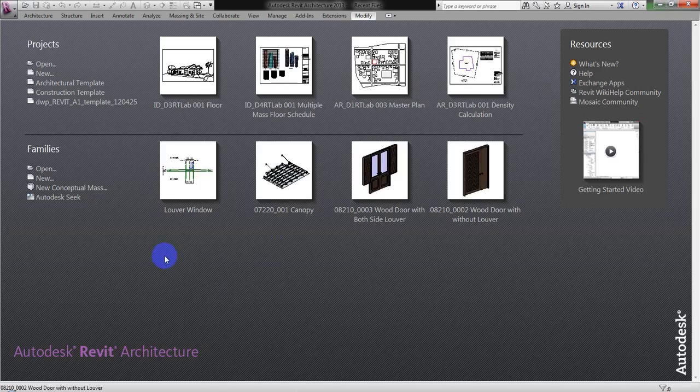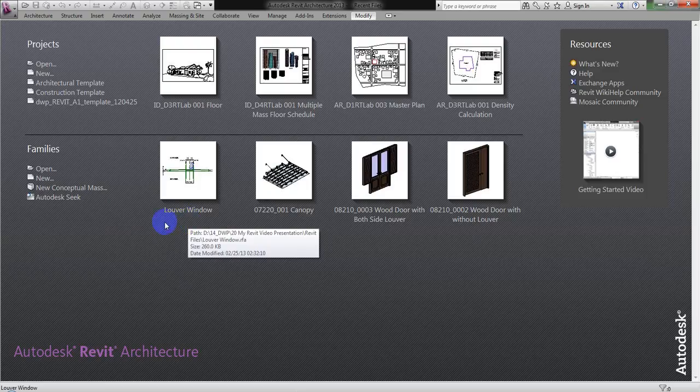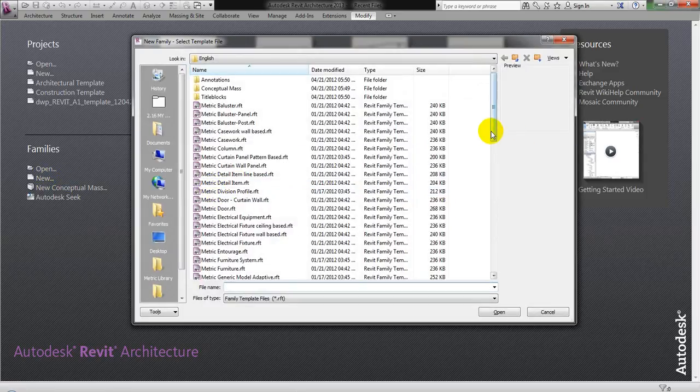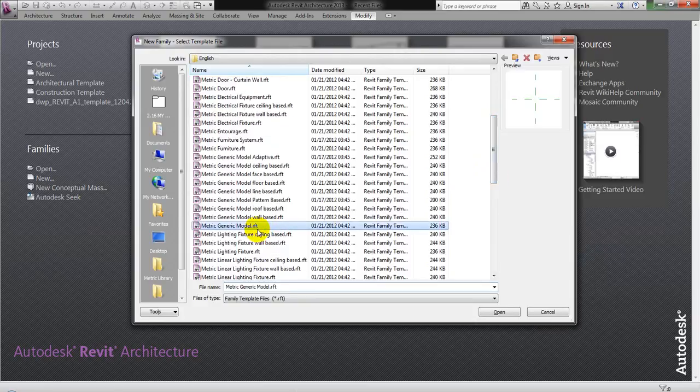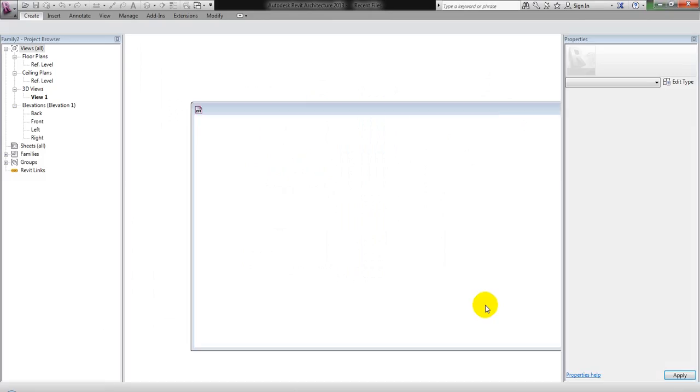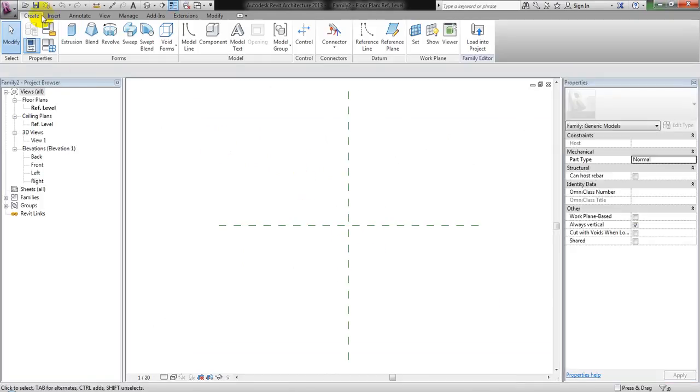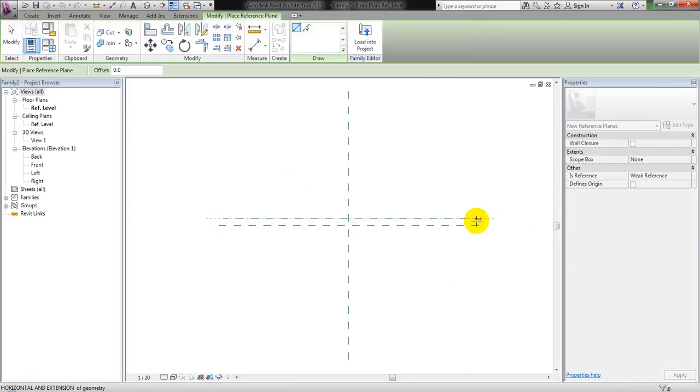Now I will add a new component for my louver blade, so I can create new, and then I will nest that one on my window later on. So say I will use a generic model. Here, so first I will add again reference plane for the depth of my blade, the length,